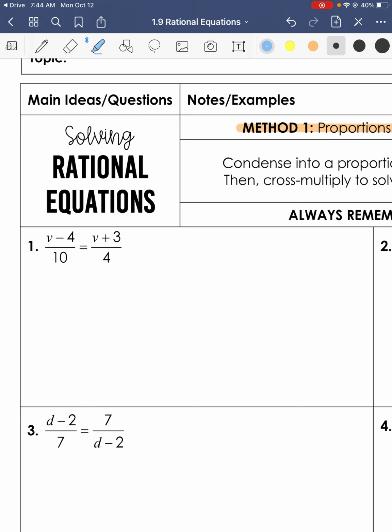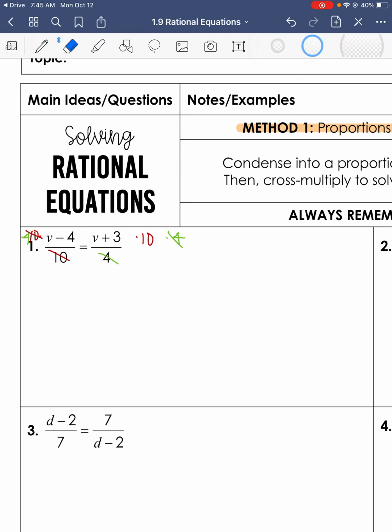You can see that this is already a proportion. We have a fraction equal to another fraction. So what we're going to do here is cross multiply by the denominator. If we look at the left side of the equation, it's being divided by 10, so we can multiply each side by 10 here, right? And so this will cancel this denominator out, and then we can also multiply each side by 4, and that will cancel the left side out. So this is essentially what you're doing,